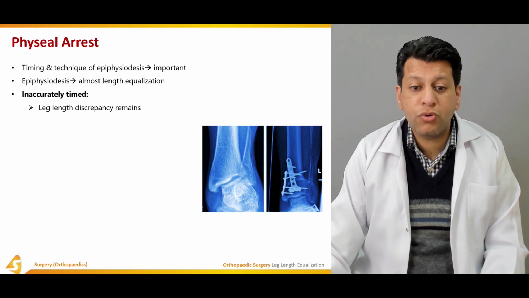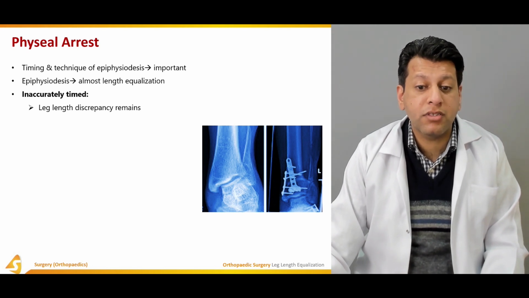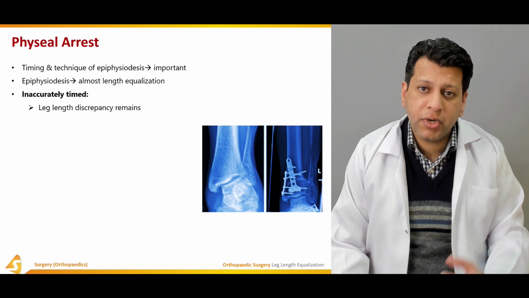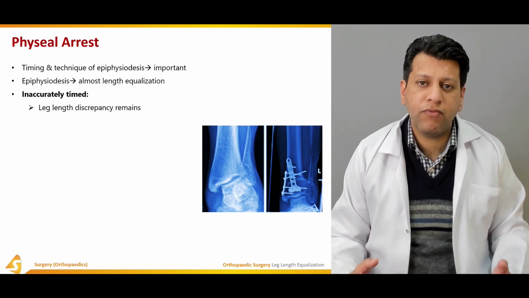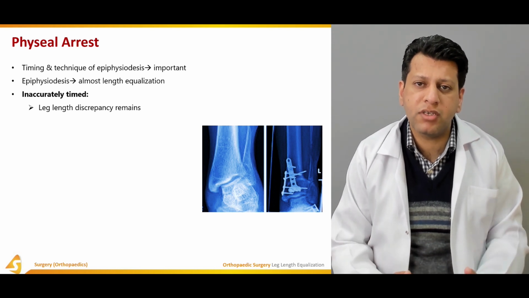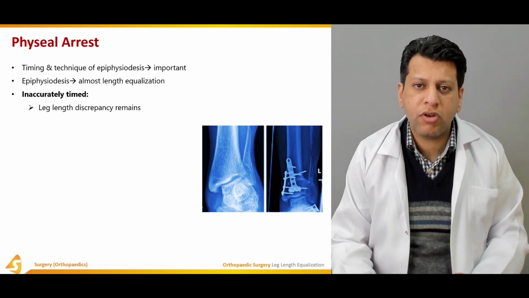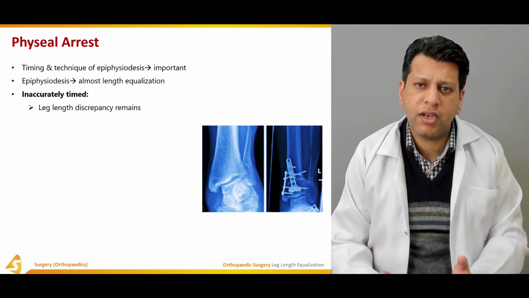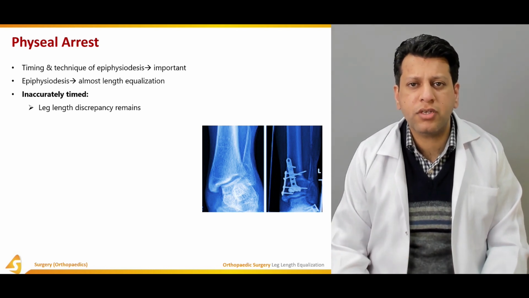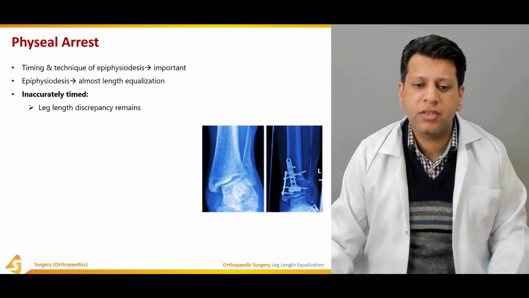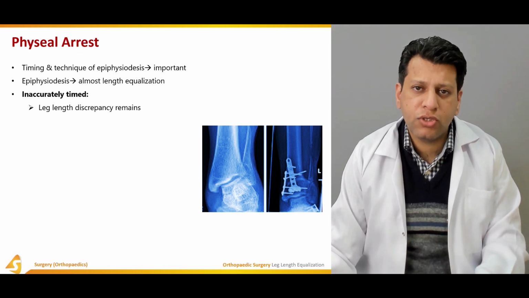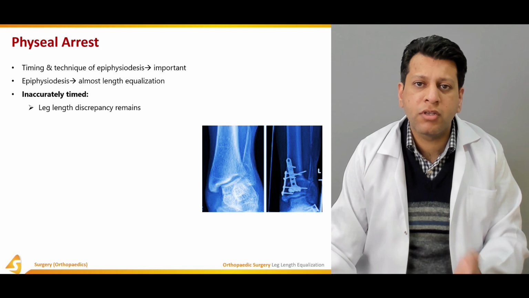Another point, as I just told you, is that inaccurately timed epiphysiodesis usually results in some degree of LLD even in adulthood. But sometimes, let's call it damage control, you are expecting 10 or 15 centimeters of LLD. You do the epiphysiodesis of the longer side and make sure that eventually the LLD remains around 4 to 5 centimeters. Then we can lengthen the shorter side as well and eventually make up for that. So sometimes, depending on the patient and the age and the remaining growth,